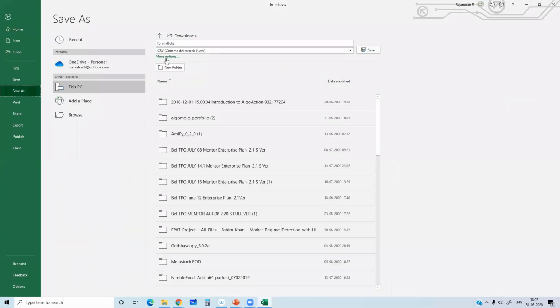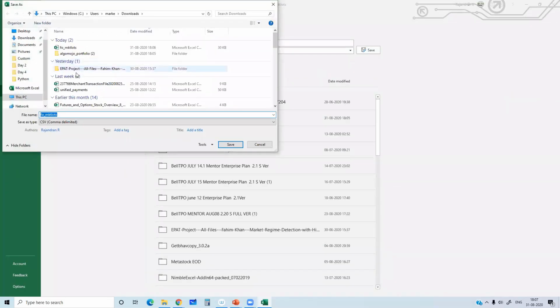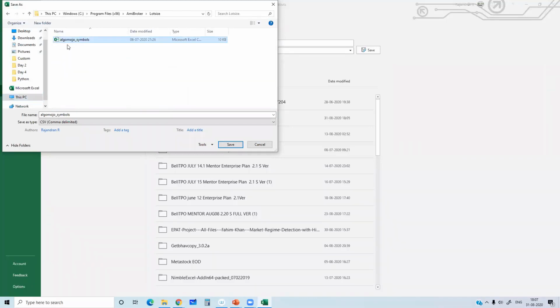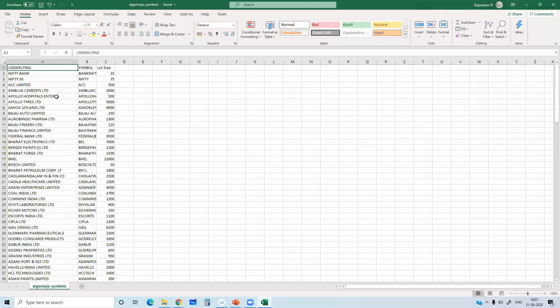I'm going to place it under the AmiBroker folder, where I have a folder called lot size. So I'm just storing it under the file path AlgoMojo underscore symbols. This is the path. I just stored it over here.